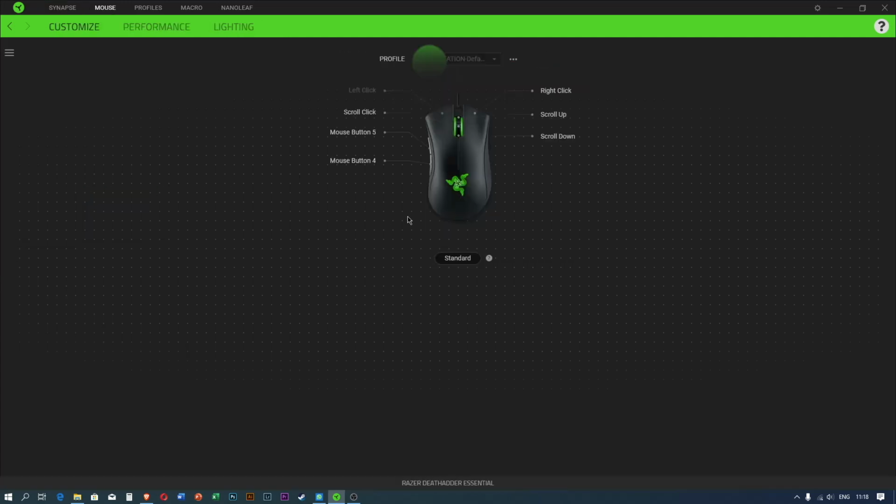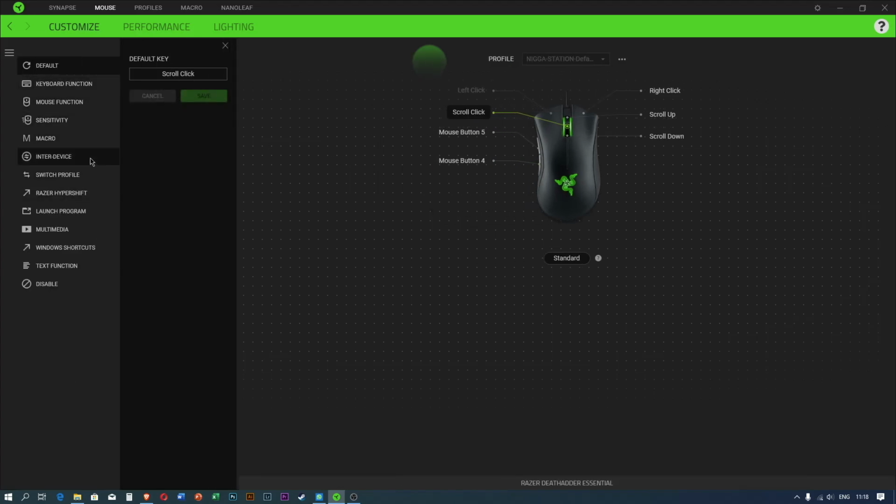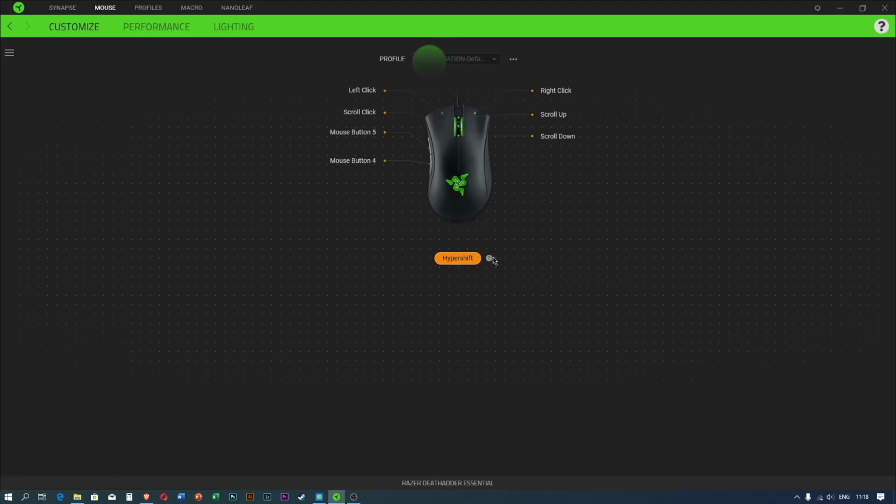The first thing, device. This is your device and it shows your mouse here, in this case, the Razer DeathAdder Essential. So the standard, you get 6 different button configuration. When you click it, you can change the function to whatever you want. You can set the sensitivity and macro. And when you click the standard button to a hyper shift, what it does is you get an extra